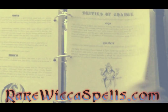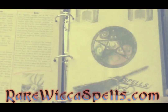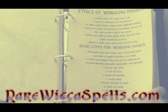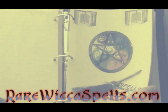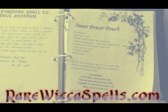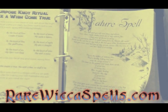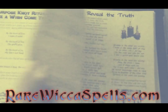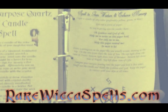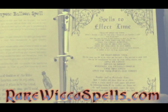As you see, colorful images, beautiful calligraphic writing all throughout. Here comes the spells section. Beautiful divider page there. All sorts of miscellaneous spells, psychic spells, wish spells, nature spells, reveal the truth spells, gain wisdom, enhance memory, all-purpose spells,